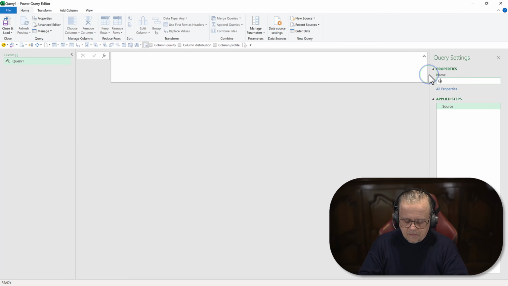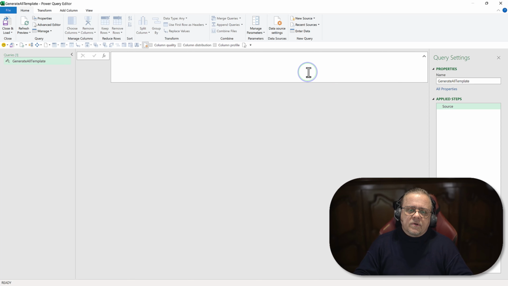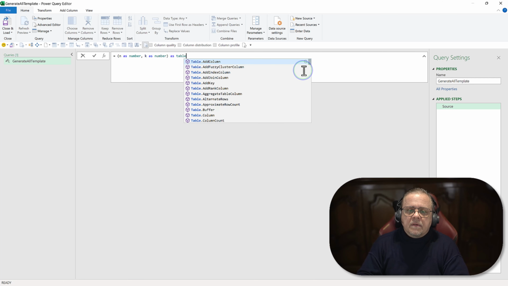And I'm going to give it a name, generate all template. I'm going to create a generic template first. I will reuse that template for all the subsequent functions. That makes it most efficient. Alright, so n as a number, general case, k as a number, result as a table,